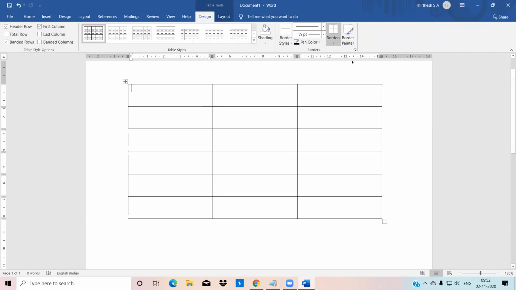What does this mean? If I say the table has roll number, name, and age. Okay.